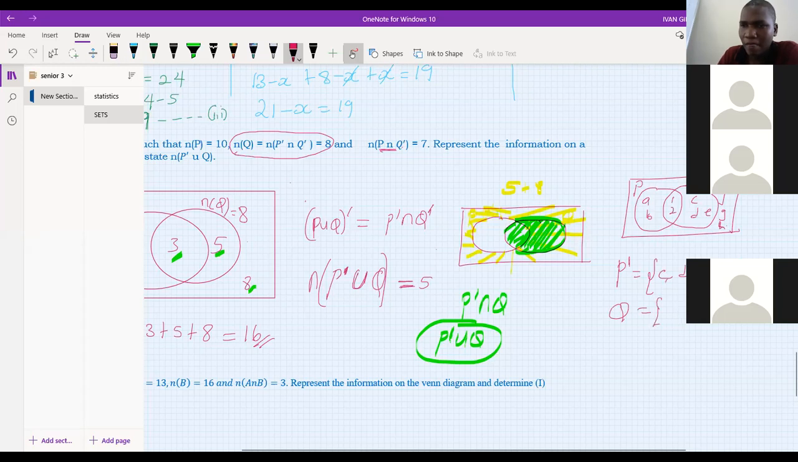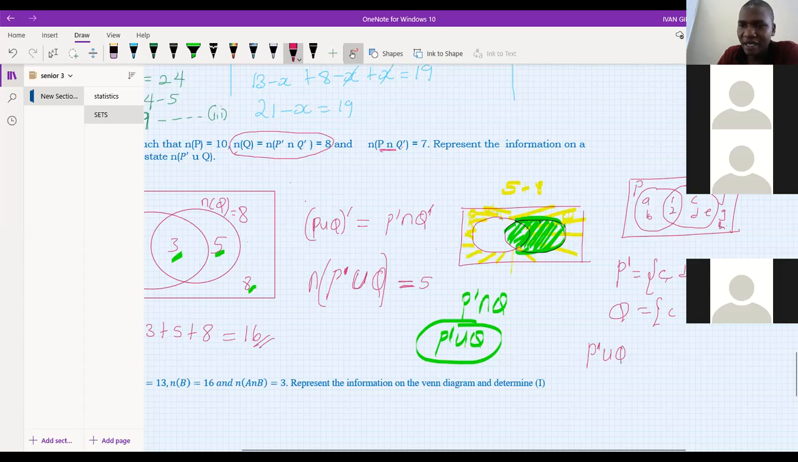C, D, E. We also have 1, 2. Are they also in that set? Yeah, 1, 2. Something like that. Now, if they ask you to state the elements of P complement union Q, you're going to